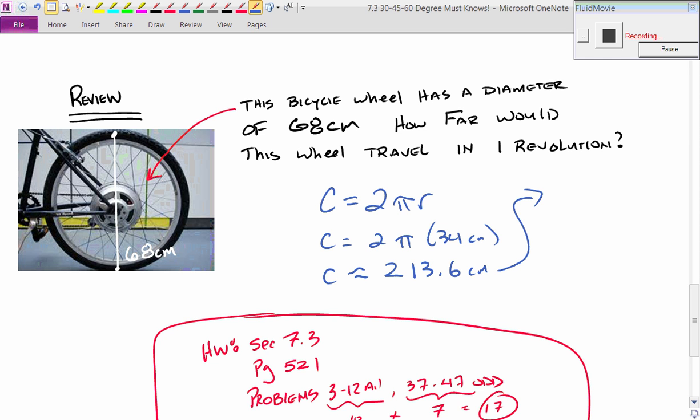Well, 2.13. No, how many meters is that? 2.13. Okay. So